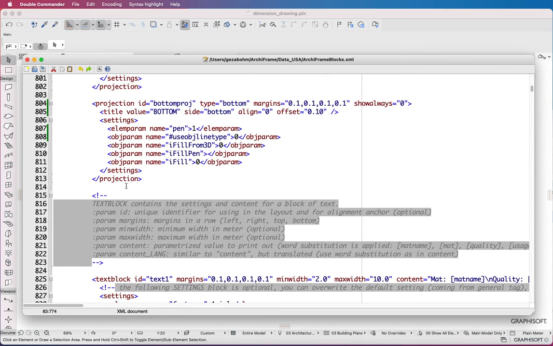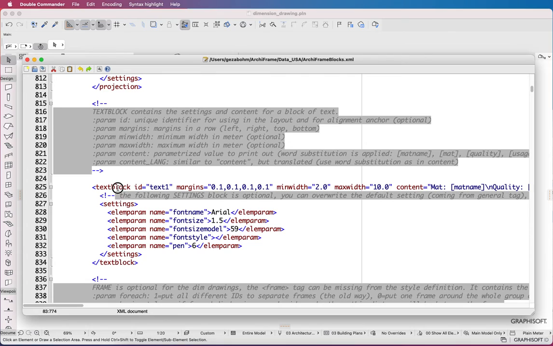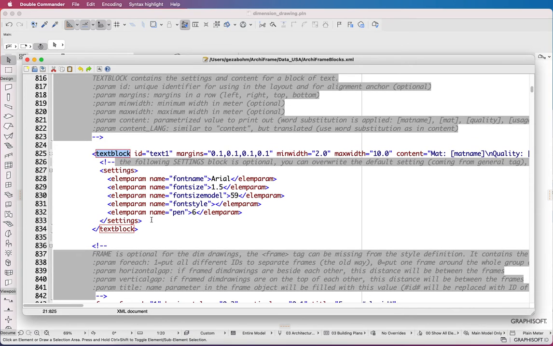Below the projections, we find the text block. It's for the description text, the style, the position, and also the content is editable.